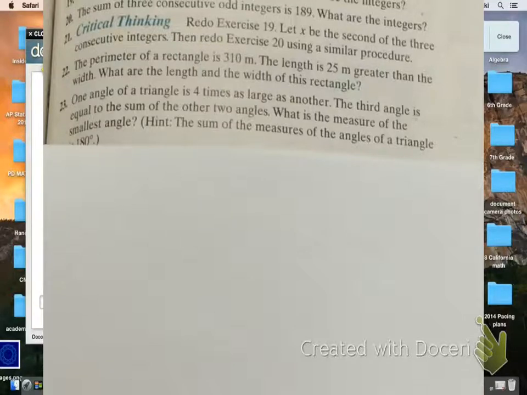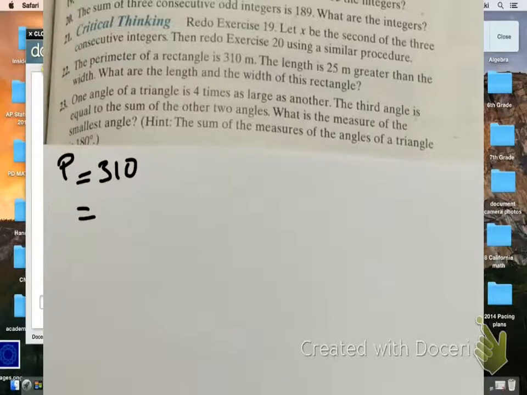of a rectangle. So when we're doing perimeter problems, the first thing we're going to do is identify our unknowns. I know that the first thing they mention is that the perimeter of the rectangle is 310. P equals 310. The next thing they are mentioning is they say that the length is 25 meters greater than the width. In that situation, we're given more information on the length than we are on the width, so I'm going to call width,